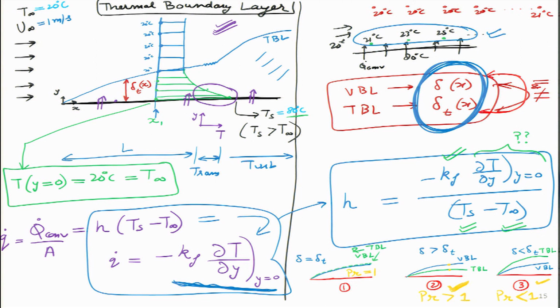I think that explanation explains a lot of things. Many very interesting things I try to share with the students with the help of this particular slide. Should I write one more equation over here? I will not write the equation, but I will just share one thing: it turns out that for laminar cases, both delta and also delta T are functions of x, and they are both linked with the square root of x.